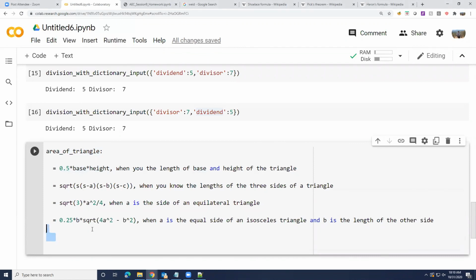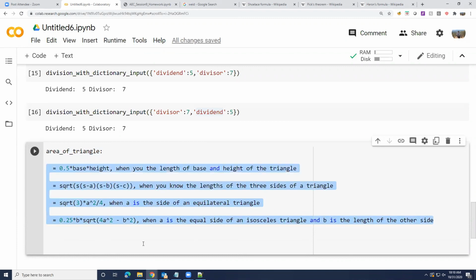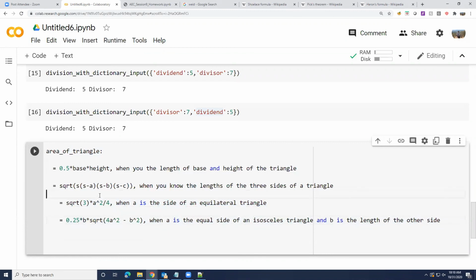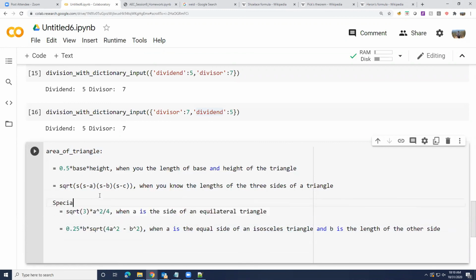So now we found out that there are 4 different formulae at least. Of course, these two just boil down to the same as this one. So we'll just write them as special cases. So I'll just say special case of Heron's formula. These two are just special cases of this.